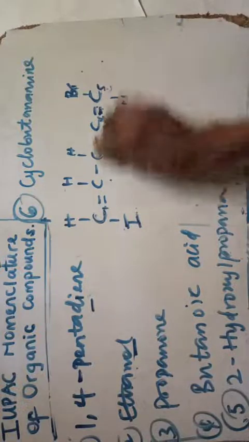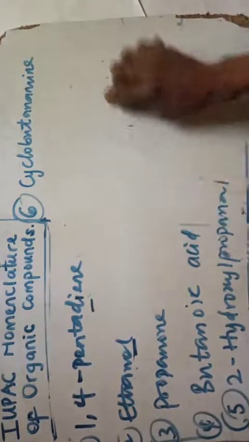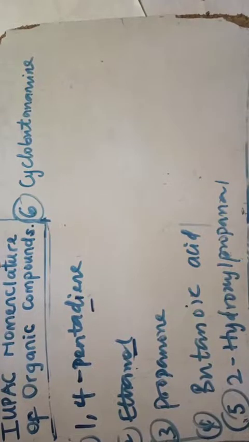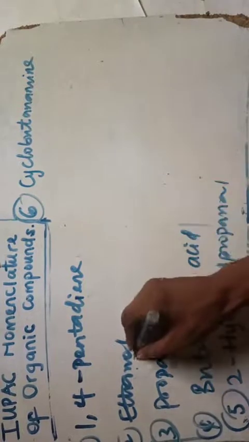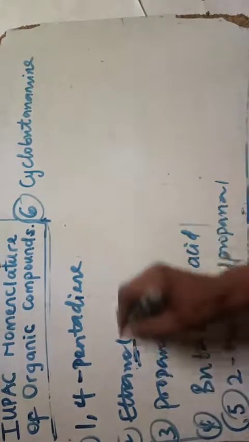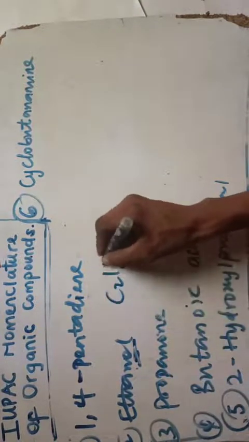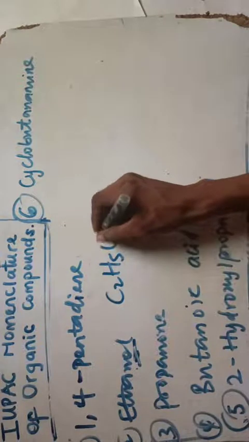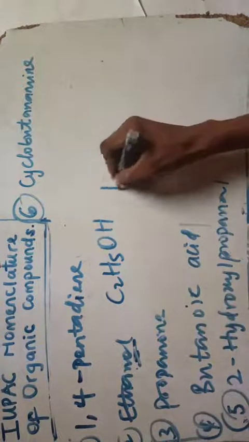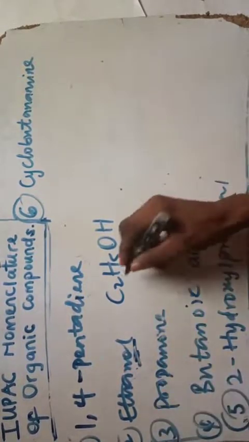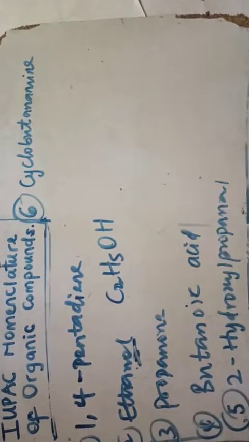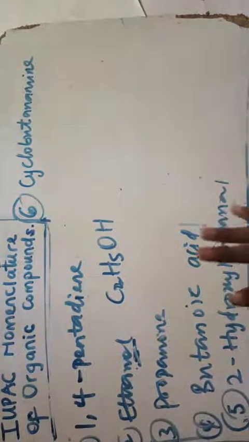Now let's consider the naming of the functional group as well. The functional group here is ethanol. Ethanol is also an alcohol family, a functional group there, and you see ethane. That is C2, ethyl, C2H5O, because it will be ROH. How do you know it is C2H5? From the word ethyl. Let me quickly explain ethyl for you.